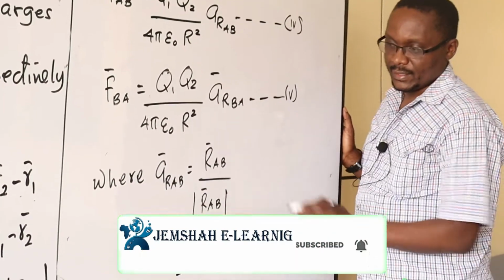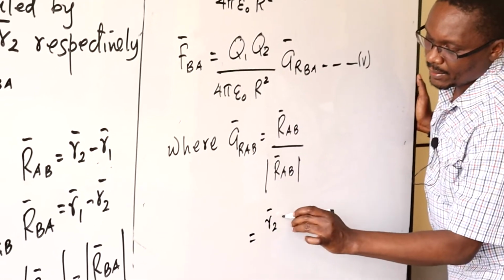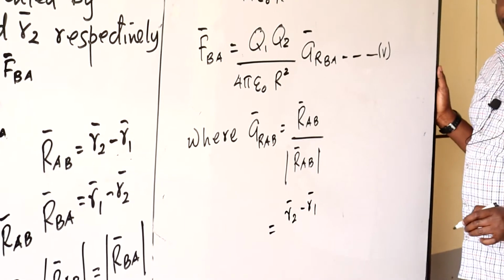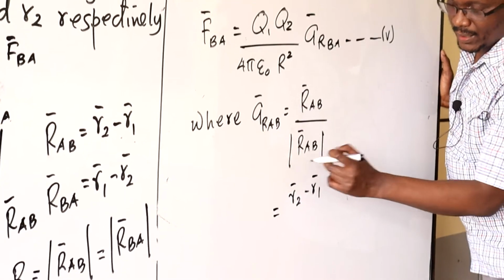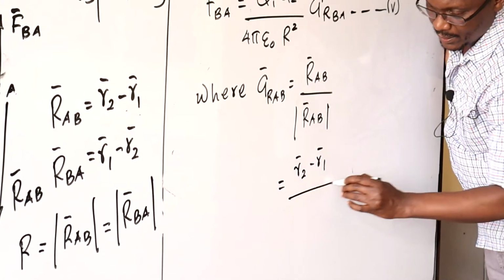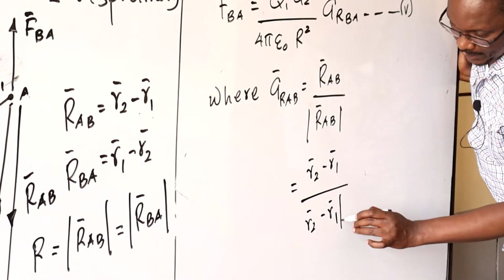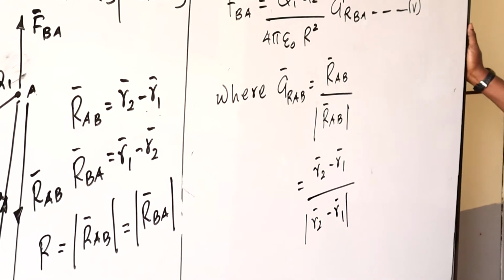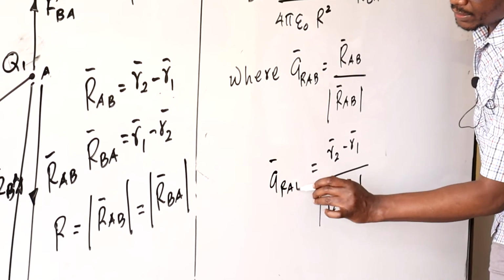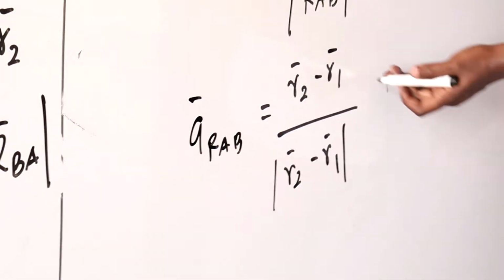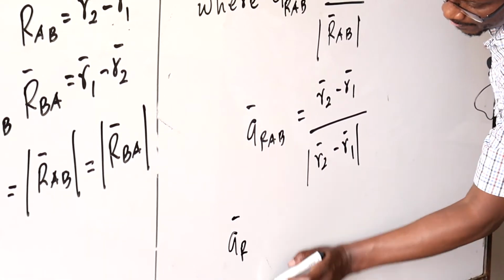If we rewrite that, our R_AB will be R2 bar minus R1 bar, and our magnitude will be the magnitude of R2 bar minus R1 bar, like so. So we have that, this is our R_AB. Similarly, borrowing from what we have there, we can say that our R_BA